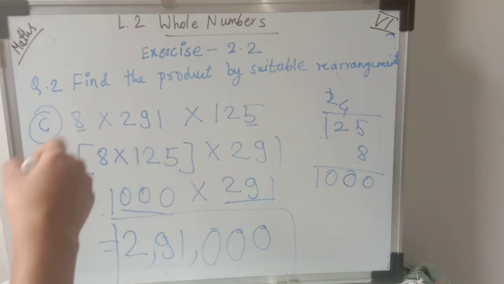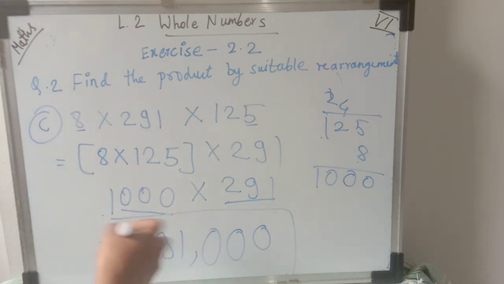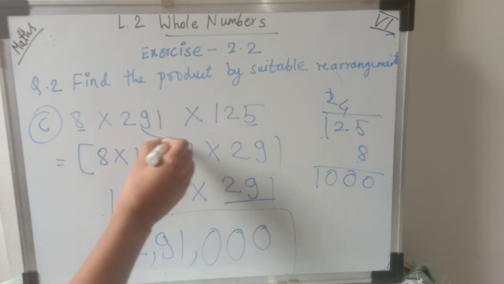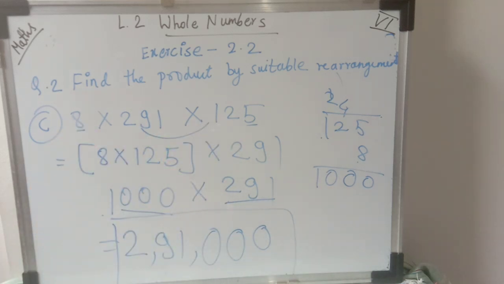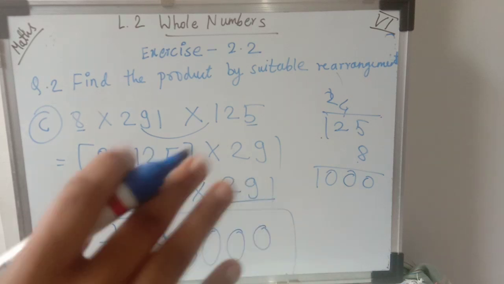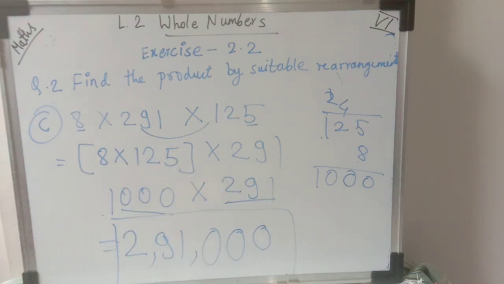Okay students, you can solve this example in different order also, but answer will come same. Okay, in a different way you can multiply these two numbers first and then multiply this number, then also you will get the same answer. So in a different arrangement also you can solve this example by your own self. There is no problem, because we have learned in associative property, order doesn't matter, answer will remain same after changing their order also. Let's see the D example.